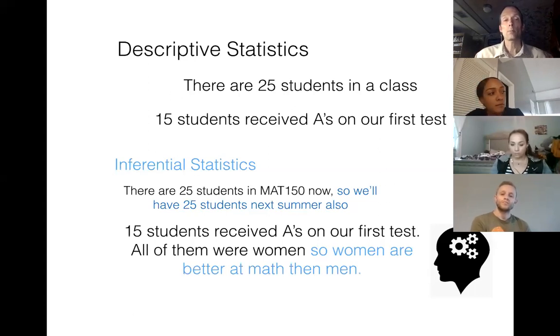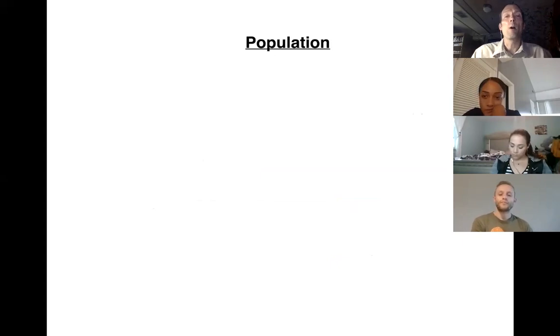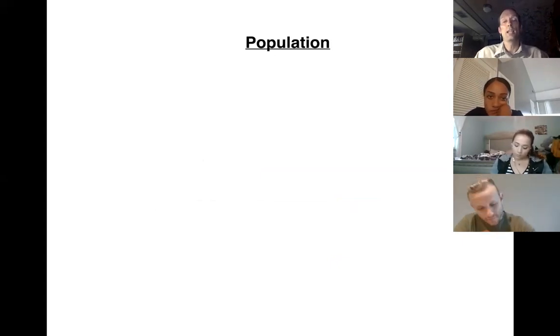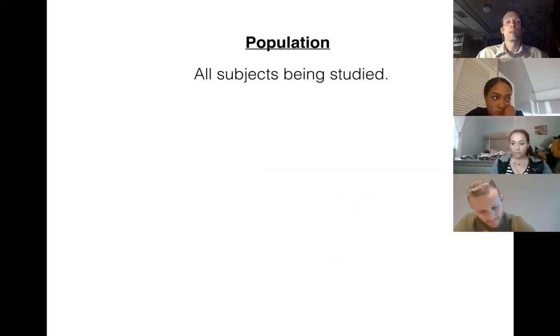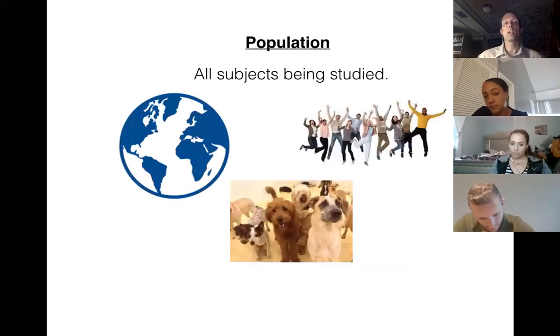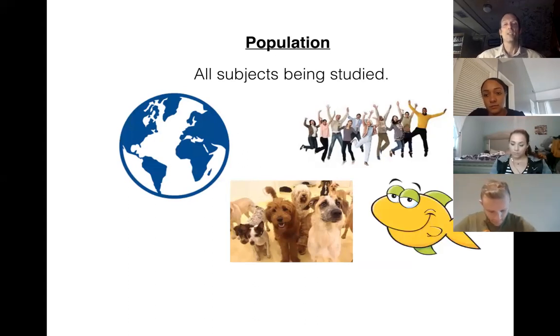Okay, so next thing we're going to start to talk about is populations and samples. Now, population in statistics, we refer to all subjects that are being studied. And that might be all the people we have in this class right here taking statistics, or it could be everybody at Bergen Community College. So it could be people, or it could even be all the dogs at the dog rescue shelter in town, or even all the fish in the Hudson River.